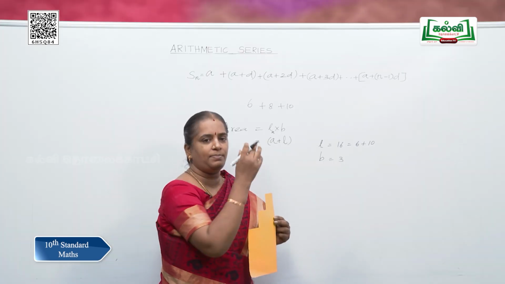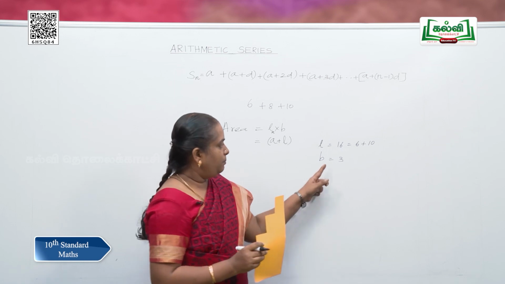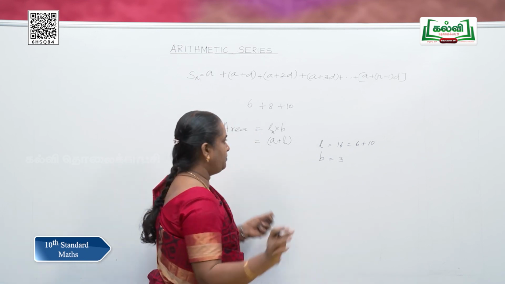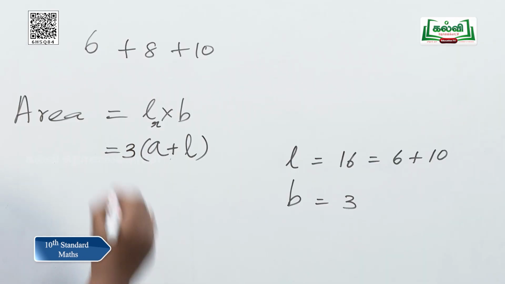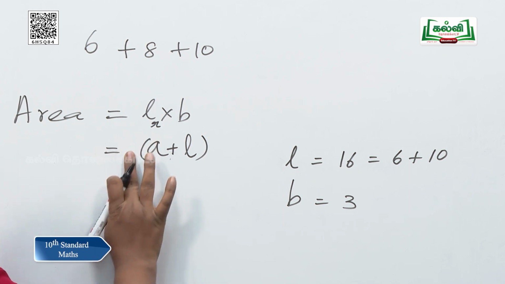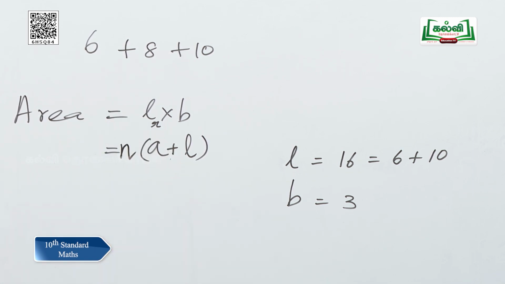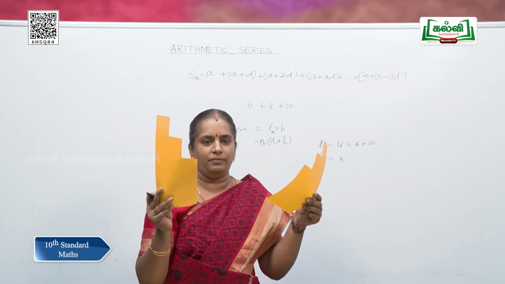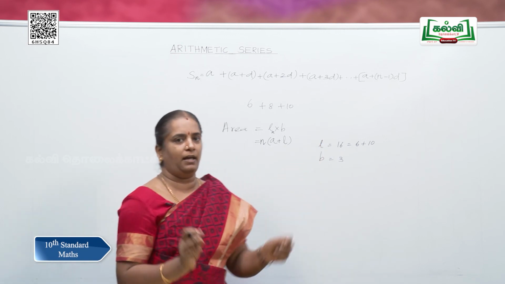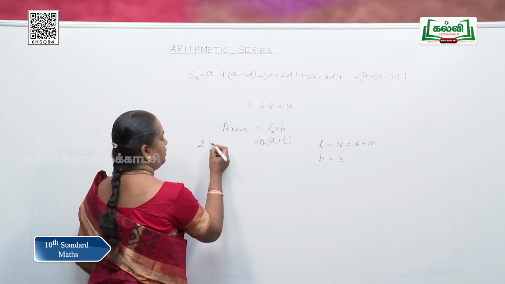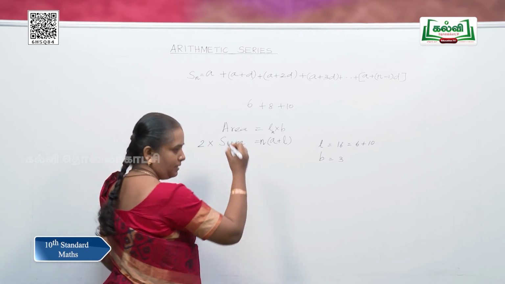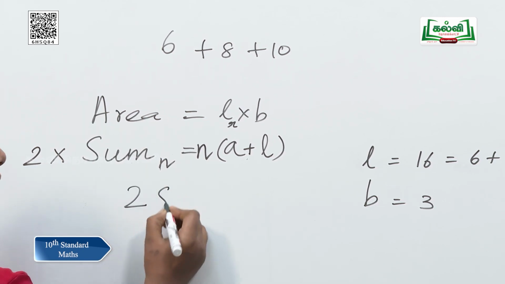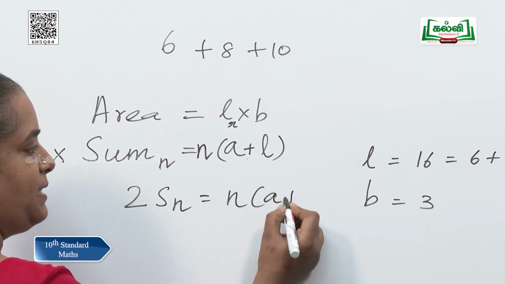So I just have a subscript. Okay. What is n? n is the number of terms of the AP. So 1, 2, 3. So 3 is the number of terms. So I have to say 3 into (a plus l). What is 3? Yes, I have to represent it as n. Very good. But what is the area of this rectangle we have taken? We have merged two APs of the same size and got the area. So, I am going to represent it as 2 into the sum of n terms of the series, Sn. So 2 into Sn is equal to n into (a plus l).